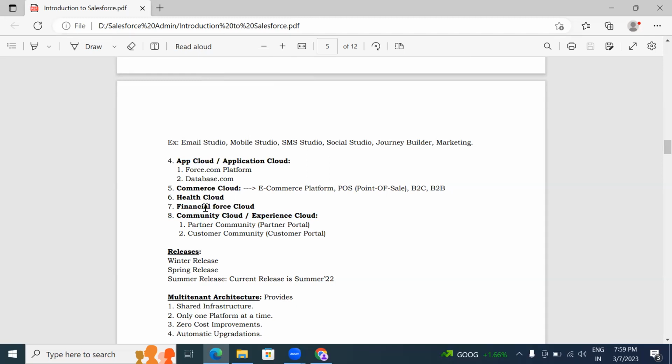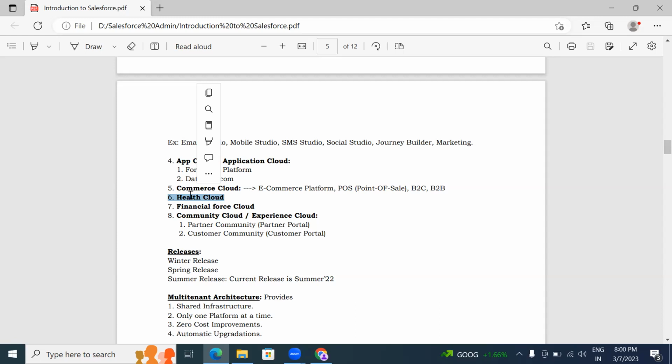And Financial Force Cloud is a platform which is used to integrate our Salesforce application with financial applications. Next, Health Cloud. Already I have discussed that Health Cloud is a feature provided by Salesforce. In 2016, they introduced this Health Cloud in order to automate the health processes of any organization.